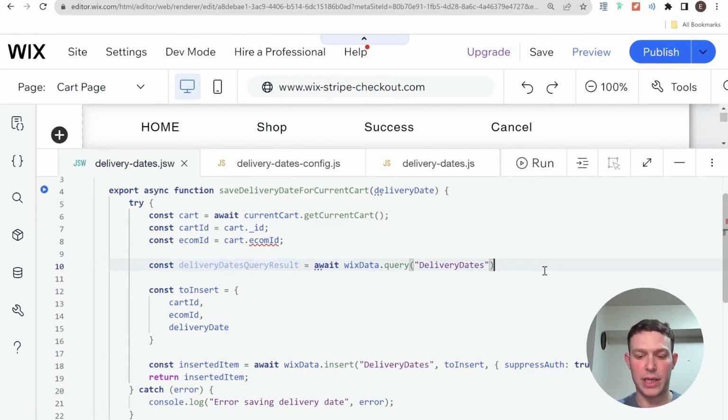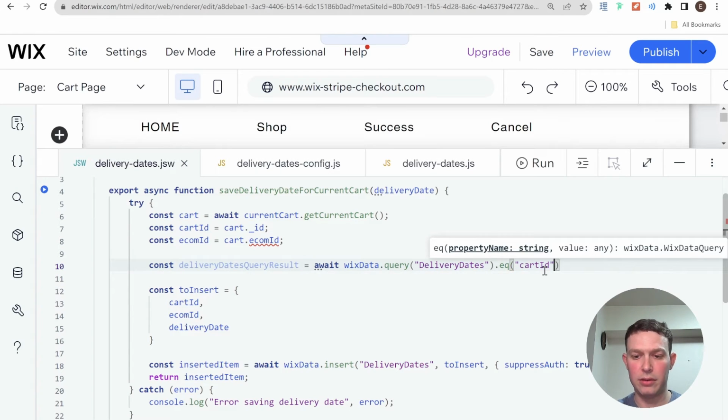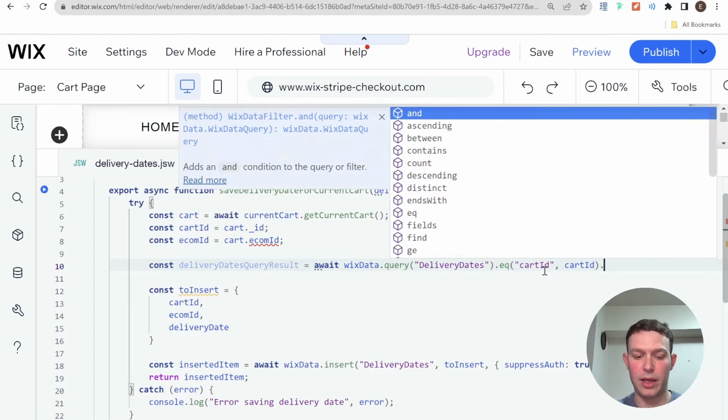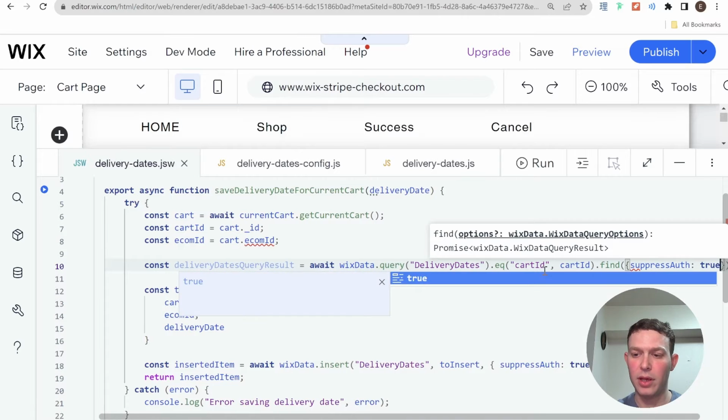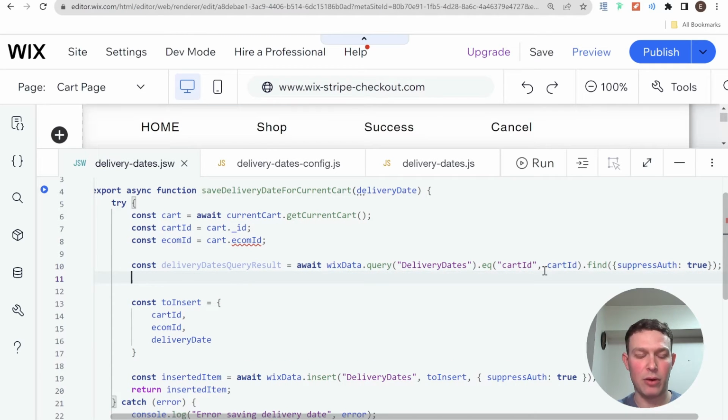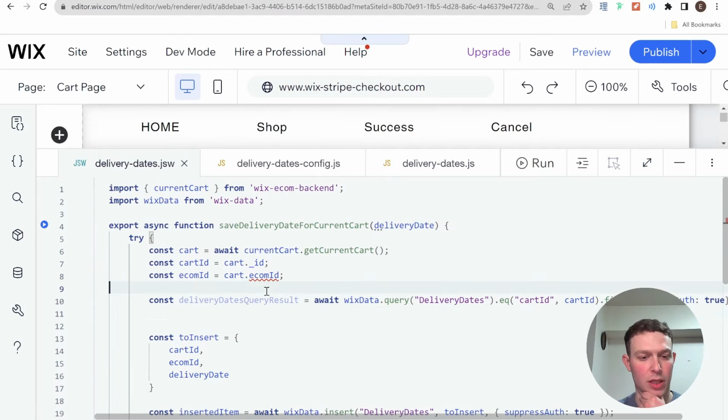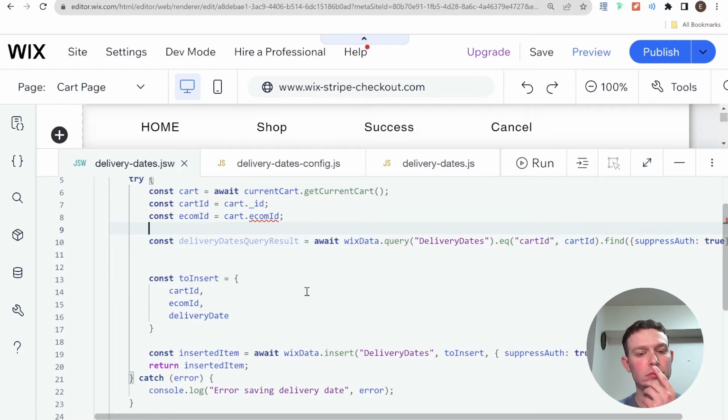And then we're going to say dot eq cart ID, cart ID. And then if we find something with that, so here we'll say, okay, I'm going to say